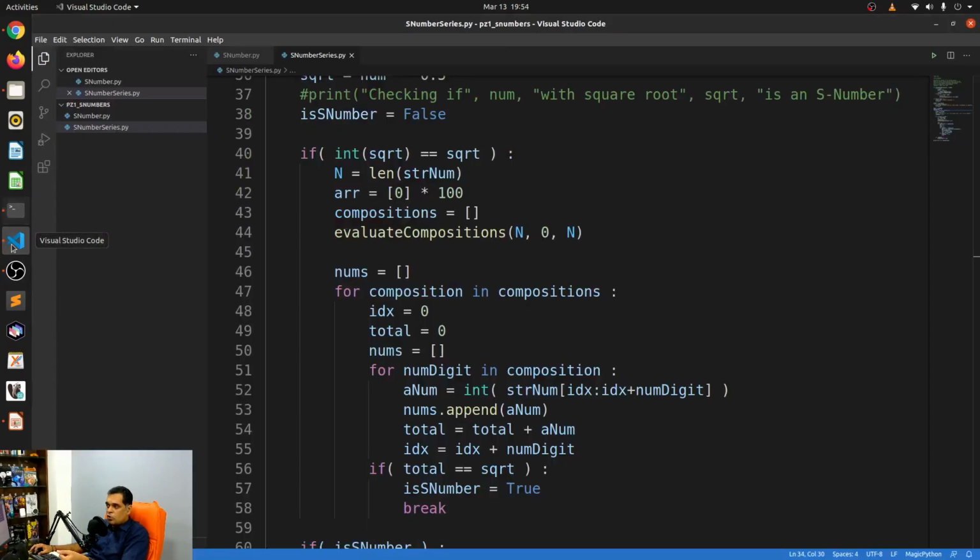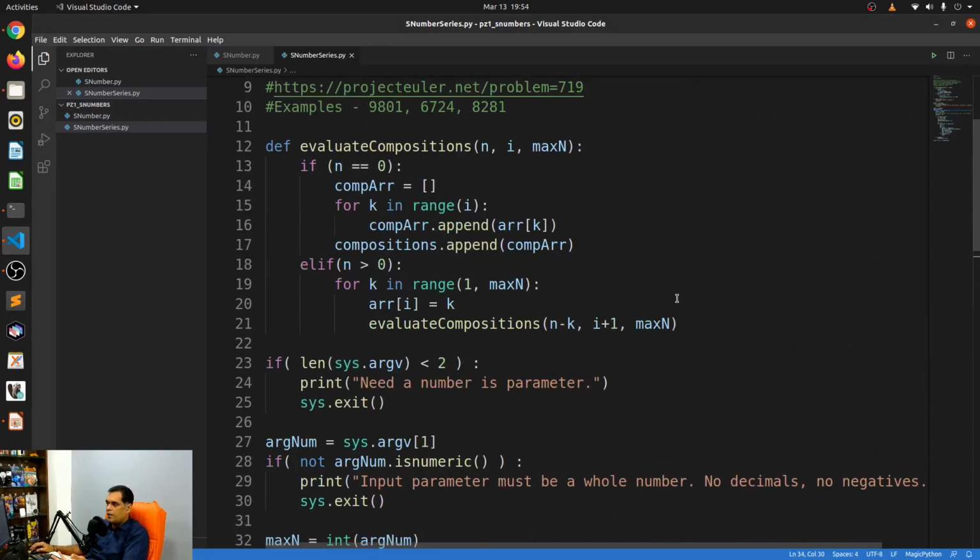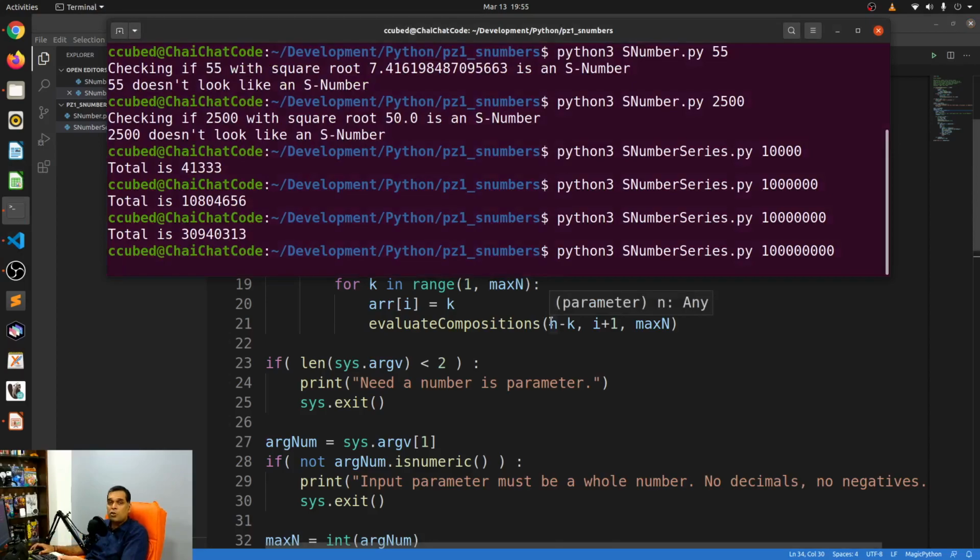I already have the source code ready for this. Maybe I'm right in solving this puzzle, or maybe this is the right way to solve it. Maybe this is not the right way to solve it. Maybe there is a pattern in all of these S numbers. If you can actually find out and tell me, or improve this program in such a way that I'm able to evaluate this for 10 to the power of 12 without having to run this the entire night, that would be awesome. And I'd be very thankful to you.